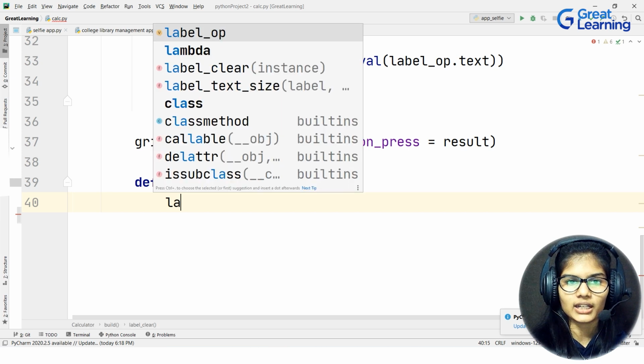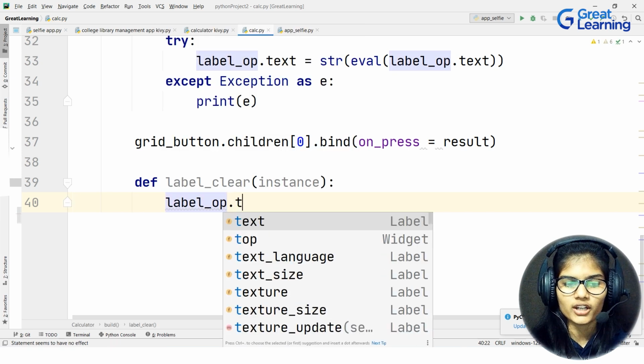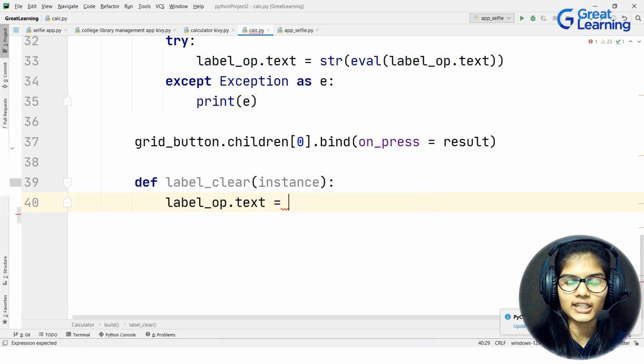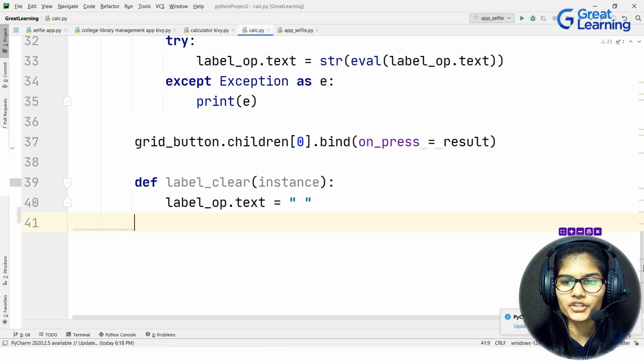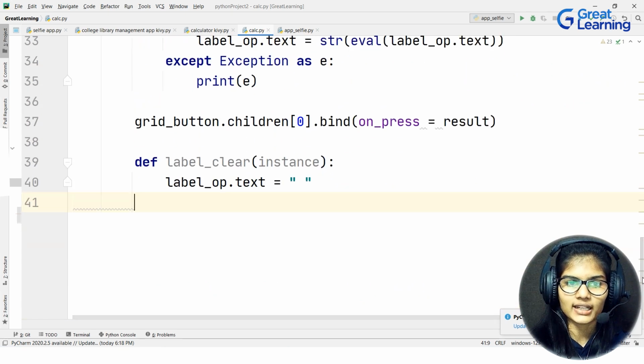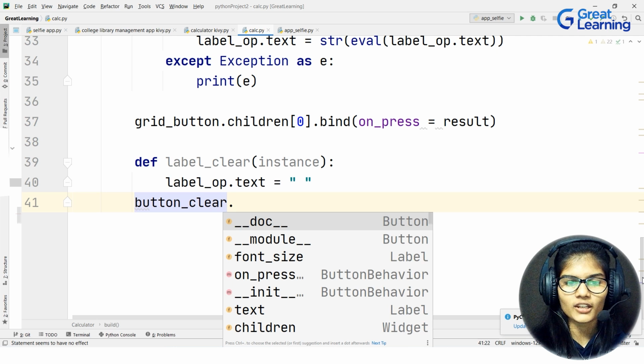So here goes label_op dot text. And now we do not need any text because we want to clear that space, right? And now here goes my respective variable that was button_clear. So it was button_clear. Okay, one second. Button_clear dot